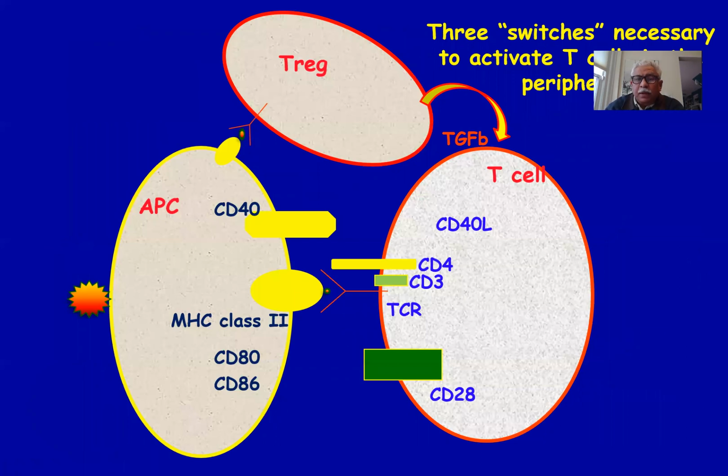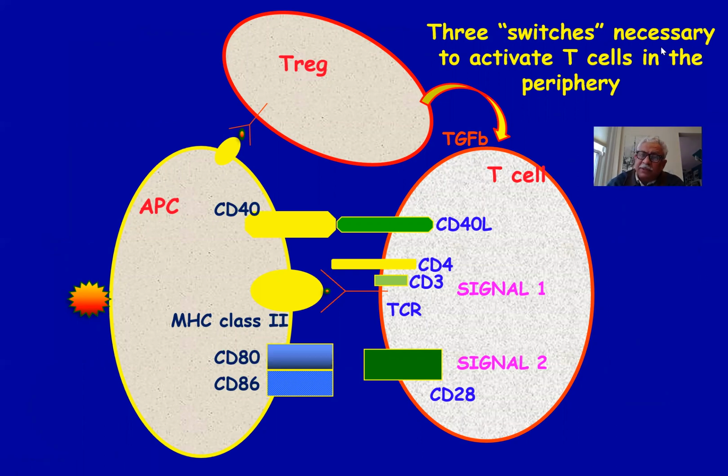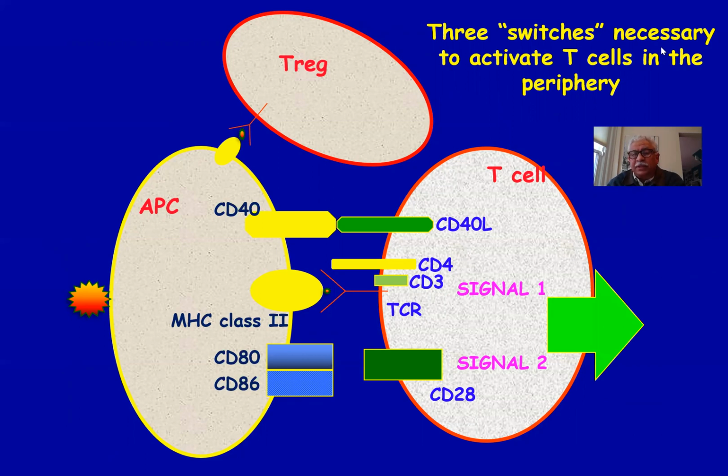cells. At least three signals are necessary to activate T cells in the periphery. They start with antigen presentation, which delivers signal 1 to T cells. Signal 2 is delivered by co-stimulatory molecules such as CD80 and CD86. T regulatory cell effects are induced through that stimulation, which then ultimately results in activation of the T cells into